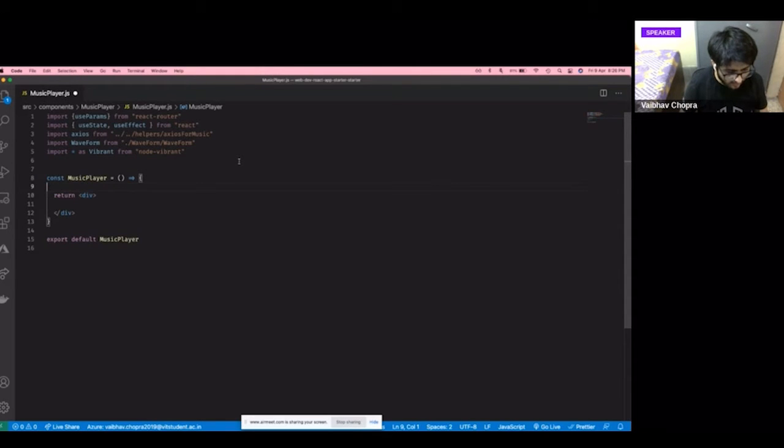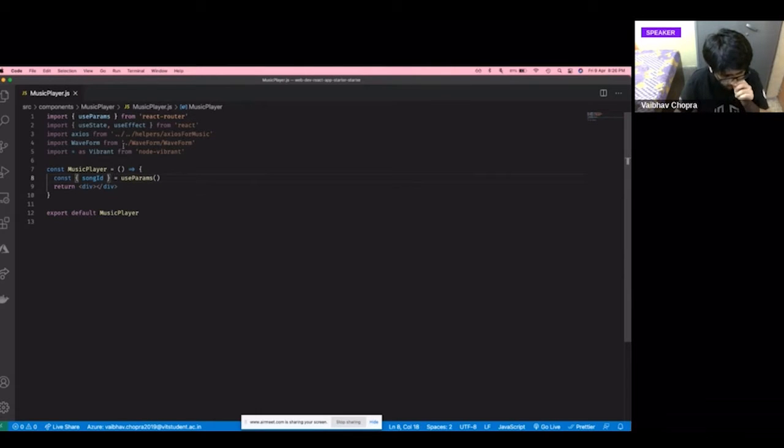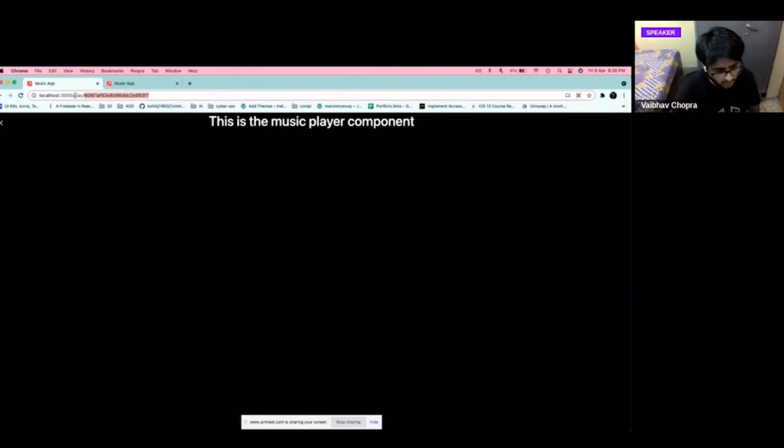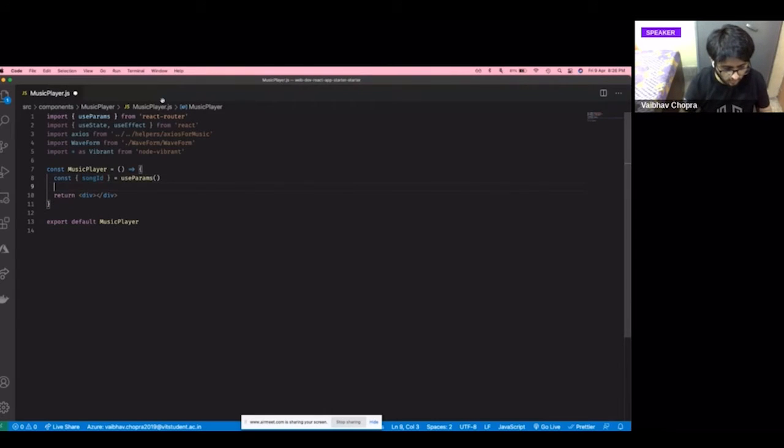So first of all, I'll extract the song ID from the parameters which are there in the URL. Like I said, we need to extract the ID which is there in our URL. So I'll import it using songId, but how does useParams pass this ID into this songId variable? Can anybody tell me how MusicPlayer.js knows that this variable in my URL should be called songId and not play or localhost 3000? Why is it only specifically getting me this? Because I can even go and console log it and it will probably work.